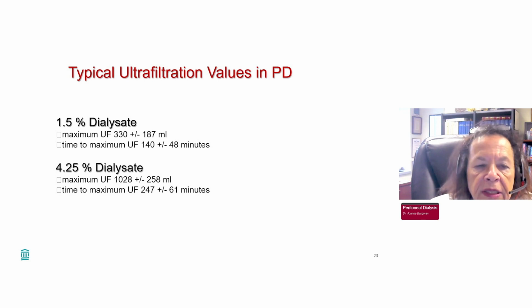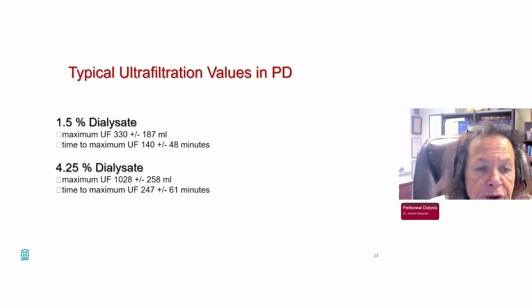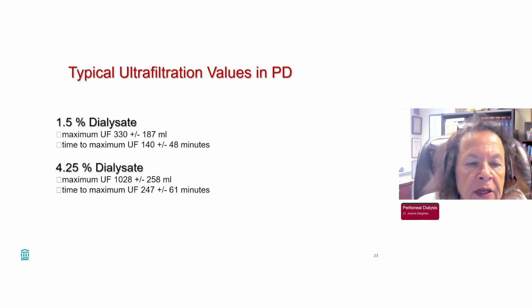Again, from measuring in lots of people, we know that a 1.5% usually results in ultrafiltration of about 300 mils or so. And the time to maximum ultrafiltration is just about 2 hours. Now, most dwells are left longer than 2 hours, and that is why if you drain out a 1.5% after a 4 or a 6-hour dwell, you usually end up with no net ultrafiltration or even a little bit of